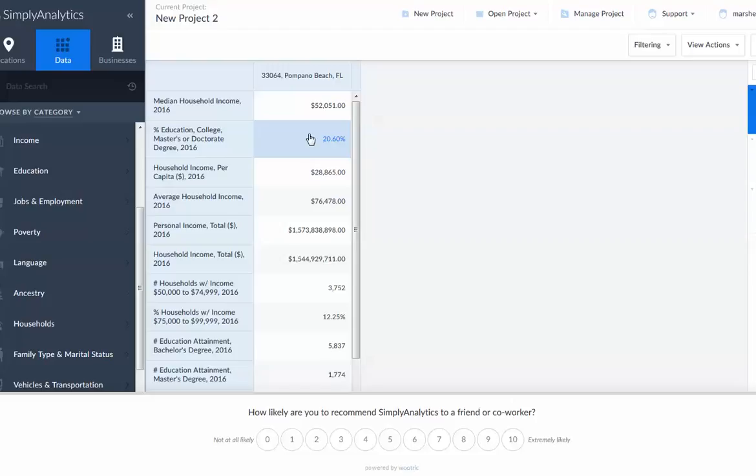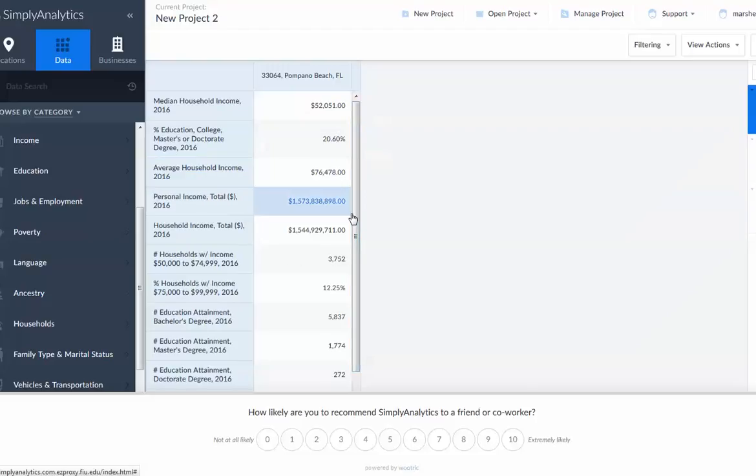Because these people probably value an education because they have an education. It doesn't mean that people who don't have an education don't value it, but I'm going to start off, as I said, fairly conservatively. So I'm pitching to a median household income that is a middle income group, right? And I'm thinking that I got 20% here of people who have some sort of higher education. The household income per capita,